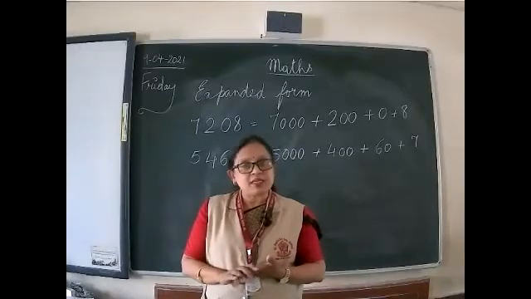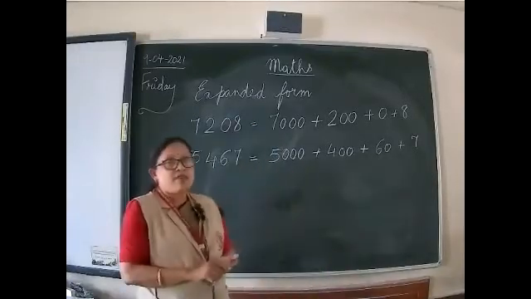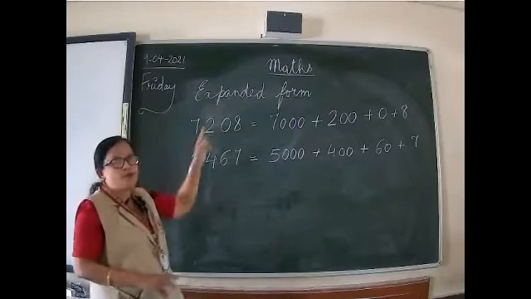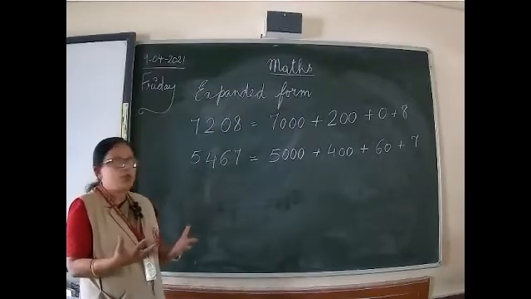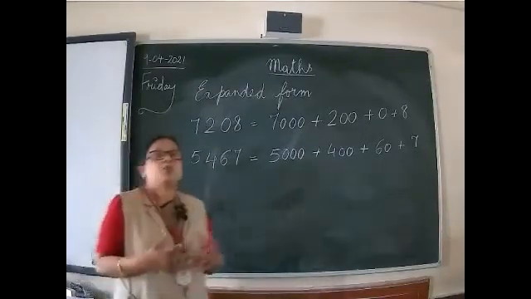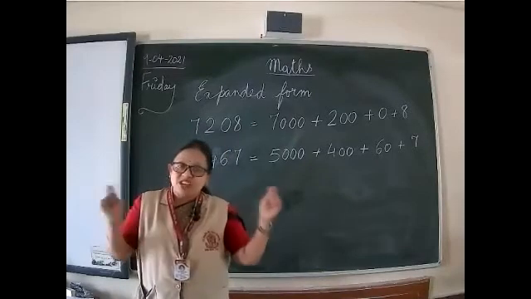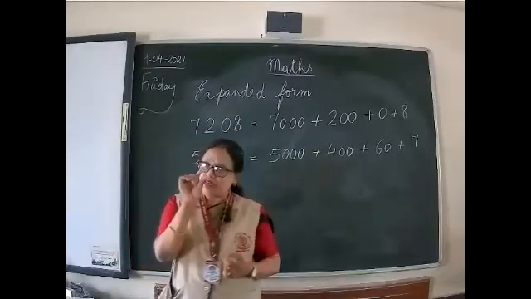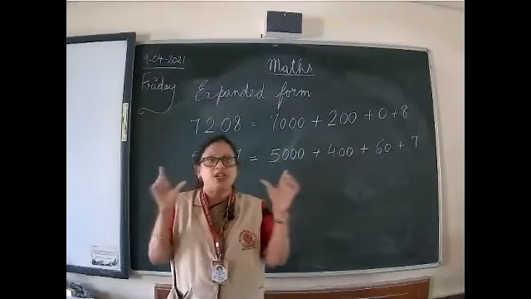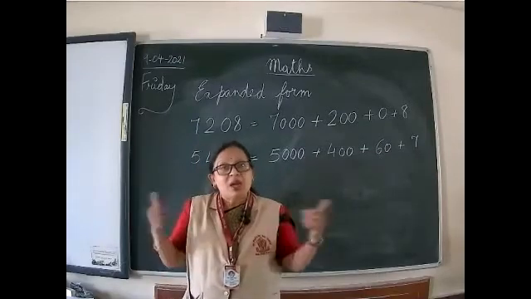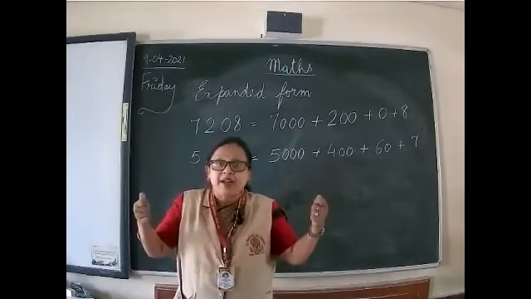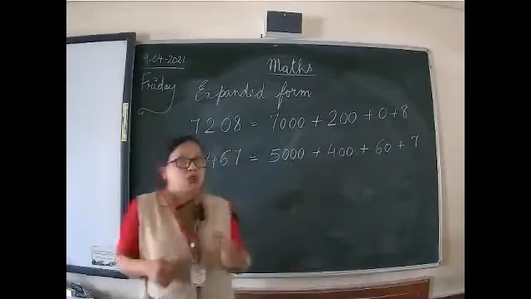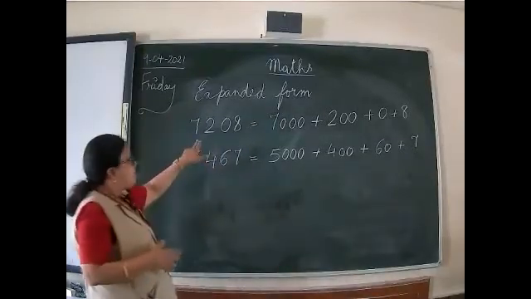Successors and predecessors. Okay. Now today we will start with expanded form. How do you expand a number? Expand means to stretch a number. Like you have a rubber band, it is so small, and when you stretch it, it becomes very big. So that means you have expanded, you have stretched the rubber band. This is the same way. Here I have written one number,